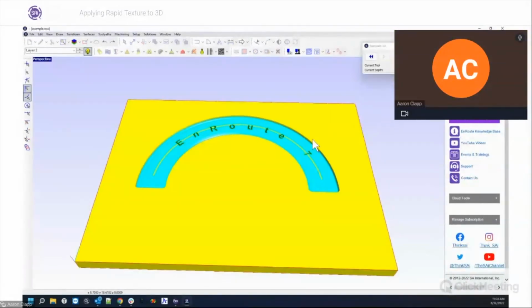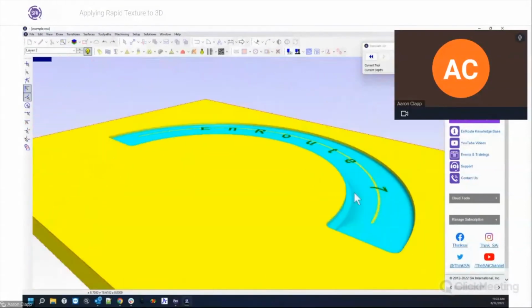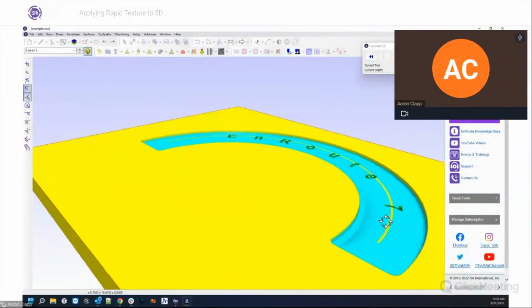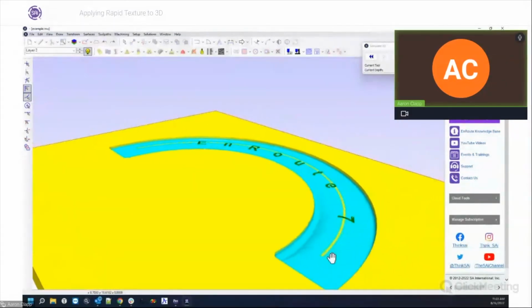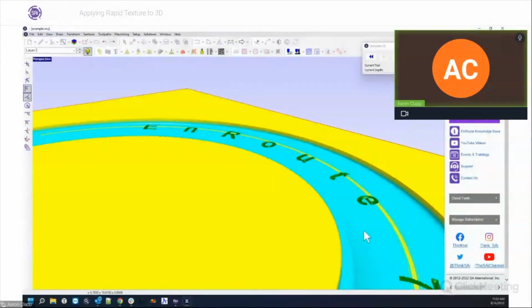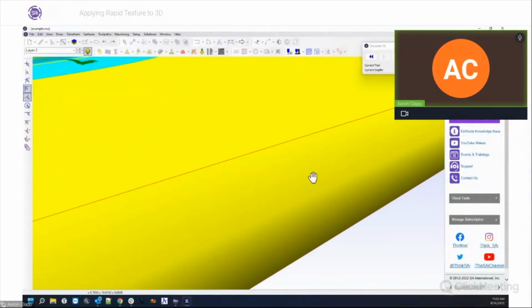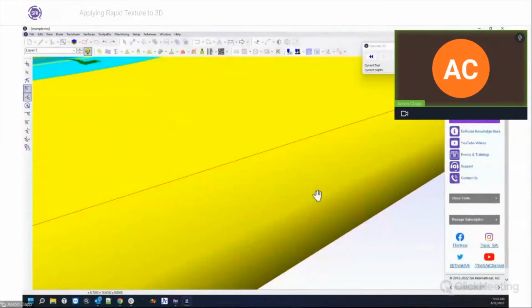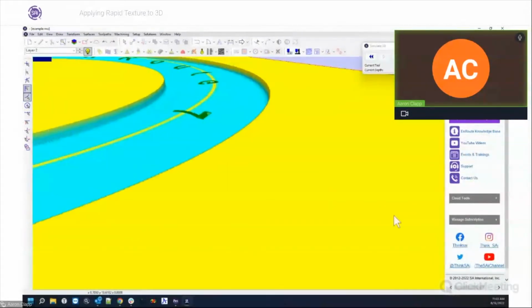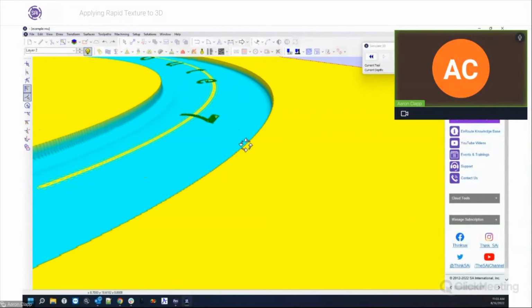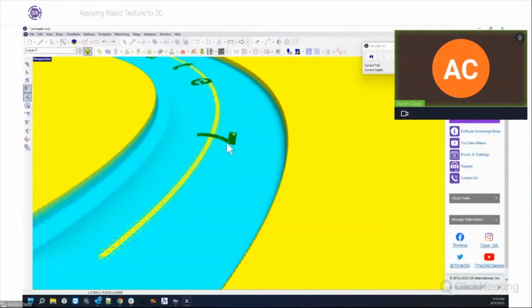And there we go. So now you can see, if we zoom in here, that we do have a nice curve going on, and you can see it more distinctly here with the 7. Whoops, my computer's being a little slow here. Come on. There we go. You can see that with the 7, there's a little bit of a curve here. And so what that's done is that it's created that 7 and cut it into the curvature of this